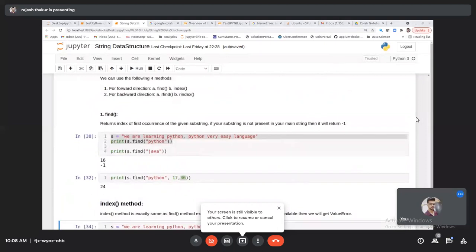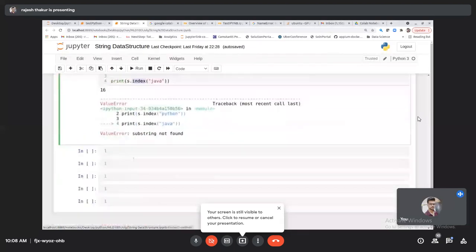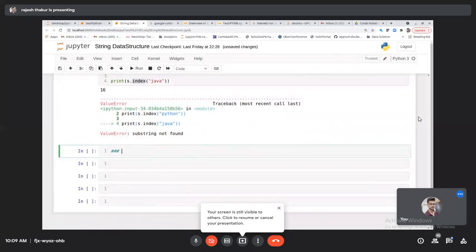ठीक है. So now the question is, how many of you want to take a challenge now? It's a 5-minute challenge. What you have to do is find everything. Now you have to write a program to display the index of all the matching characters present in the string. I'll show you the example.